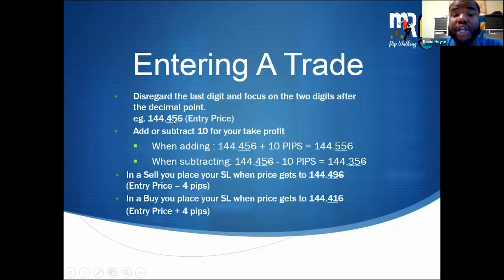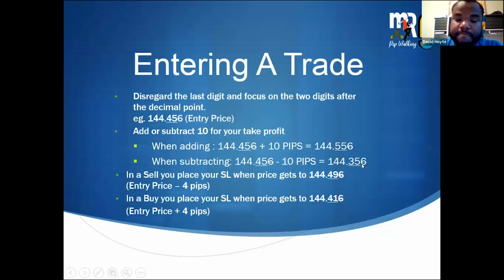So in this example, you're going to disregard the last digit, which is a 6. If you went into a buy, you're going to add 10 to 45, the 2 digits behind the decimal. So 144.456, adding 10 pips to the 45, your take profit is going to be 144.556. Okay? When you're subtracting, if you're in a sell, same example, 144.456, you're going to disregard the last digit, which is a 6. So 45 minus 10, you're going to basically subtract 10 in a sell, and your take profit is going to be